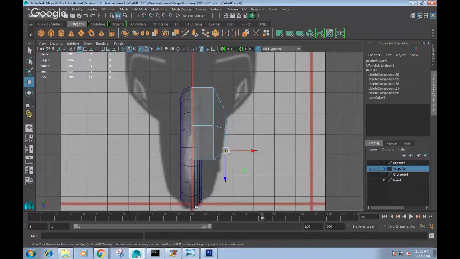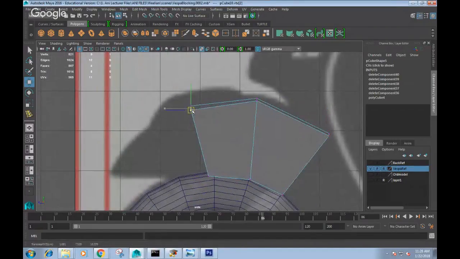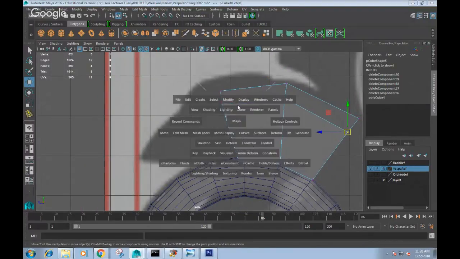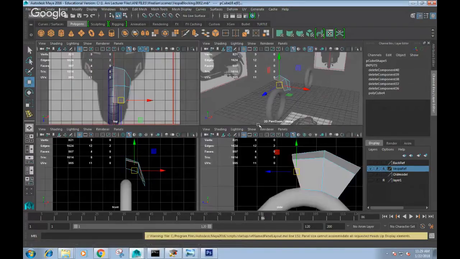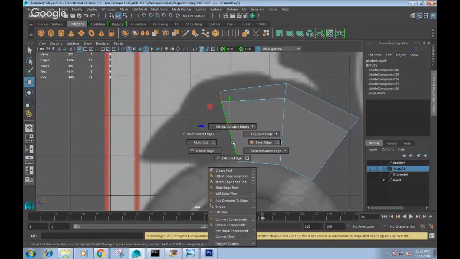Okay, there's a slight taper here, so I'm going to move this inwards like that. This is a good thing: if you have a top view, it'll be much easier to model, because the reference here is a little bit low resolution, so sometimes you have to guess where the edge will flow. Now select the edge and you can go to the right view, shift right mouse click and then extrude